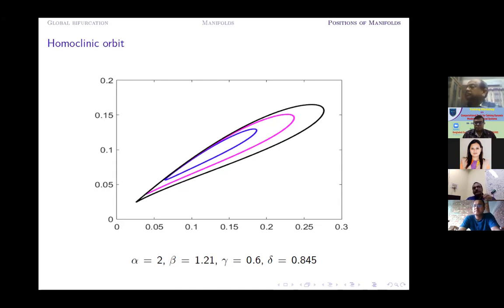In case of most of the prey-predator models, if I ask you a question, I don't know how many of you know the answer: most of the time in prey-predator models, we can see the limit cycles are counterclockwise, that means anti-clockwise, not clockwise. I don't know whether you know the answer. The simple understanding is that most of the time what we consider prey and predator is specialist in nature.